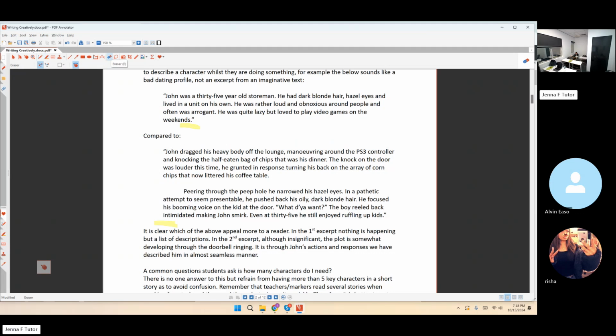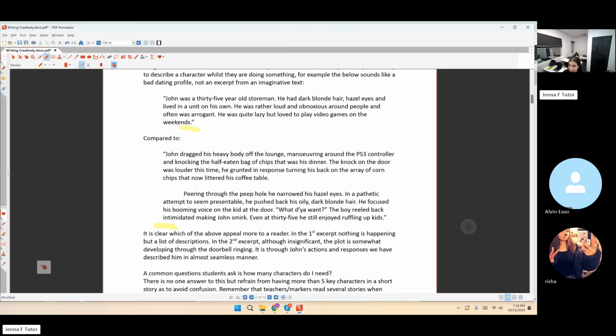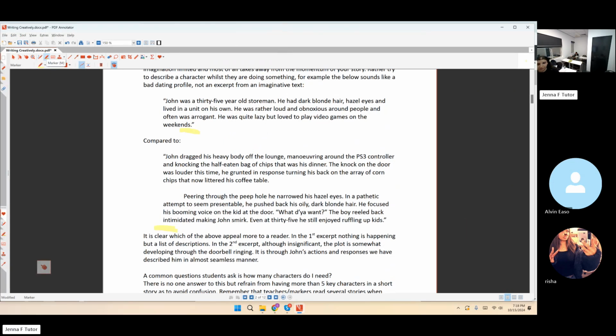So what Rachel just read out to us is a bad example of how description happens. Okay, and now Alvin's going to read for us how we could probably write it better. So this is an example of maybe what you're writing on your first draft, and then this is what it's turning into when you're editing. So this is a good way for you to look at your writing and see where and how you can improve. Okay, Alvin, go for it.